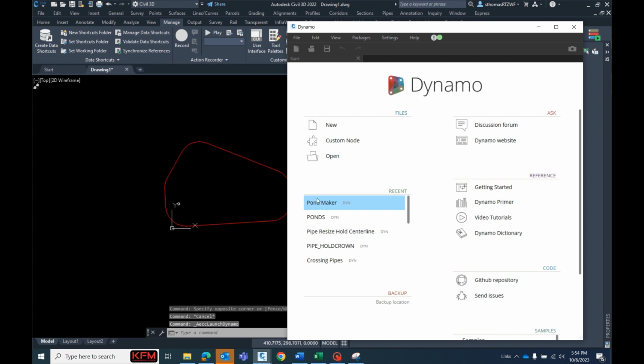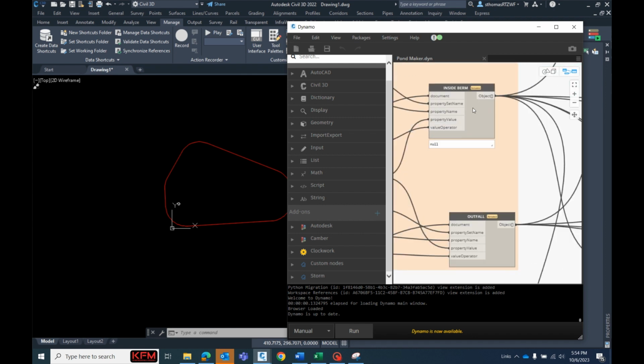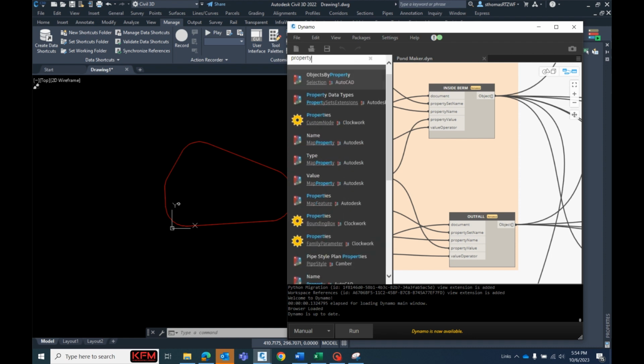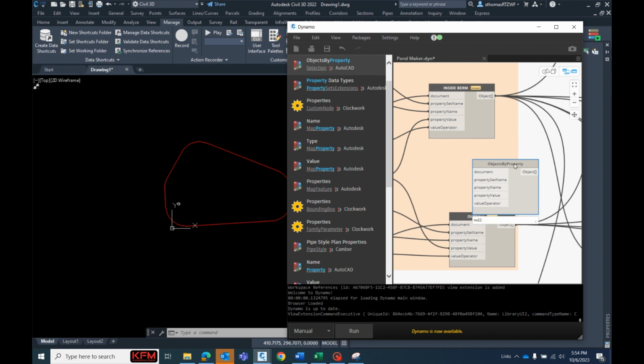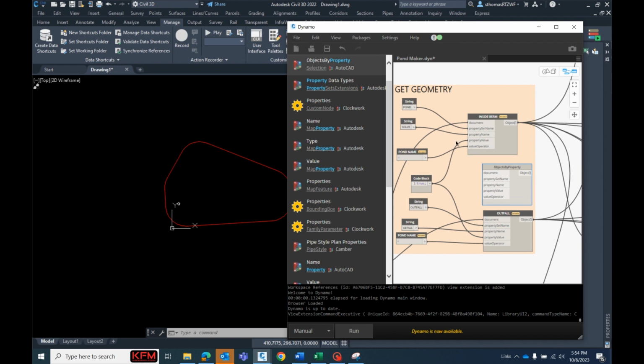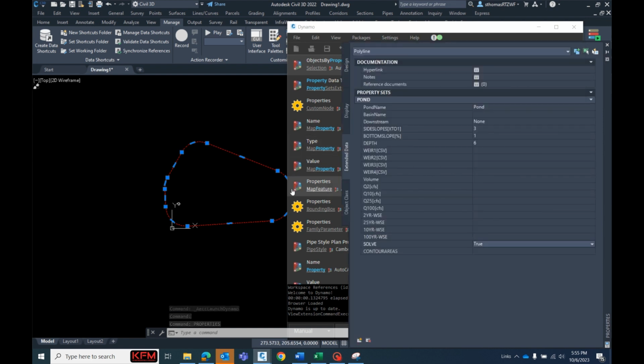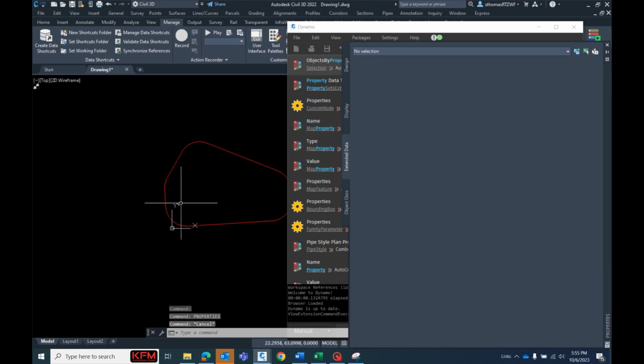You'll see in the Dynamo script that there's a node here that is object by property. So basically, if you put in the document that it's in, you put in the property set name, and then you can control it by having a value, which for this program I have the pond. It has a solve true false button right down here, and for the outfall I just have a true false get all,